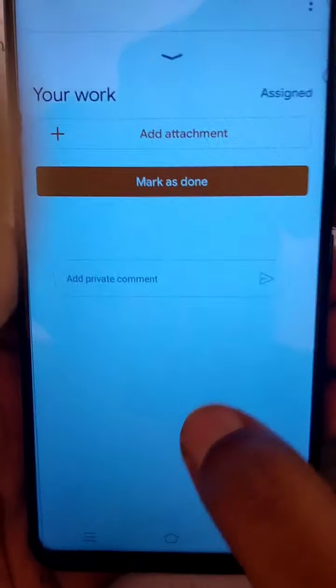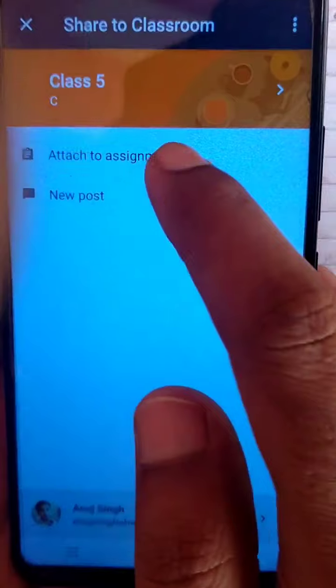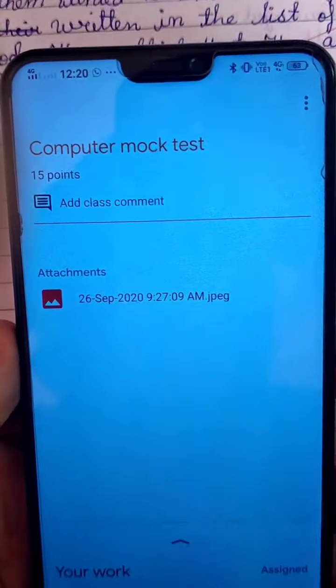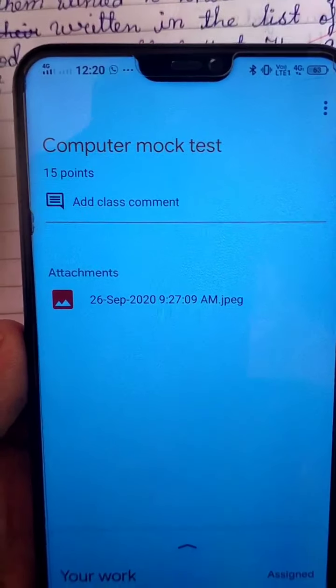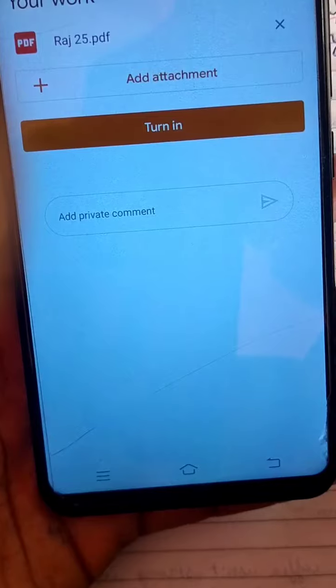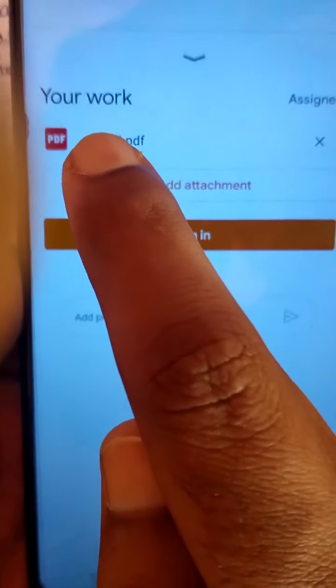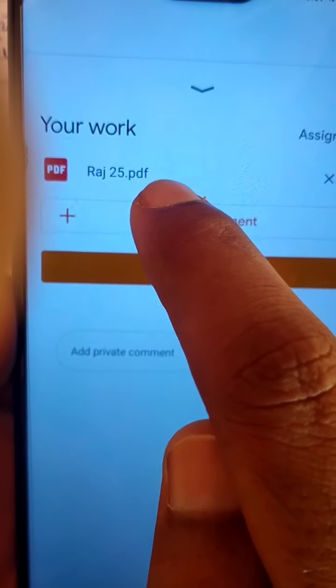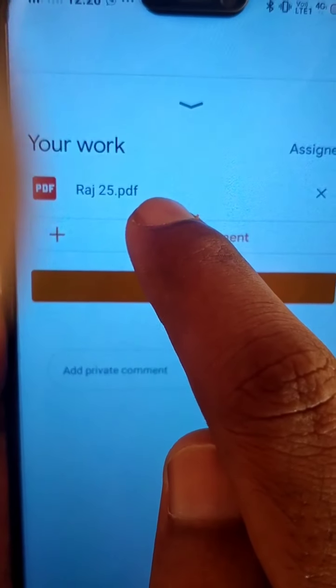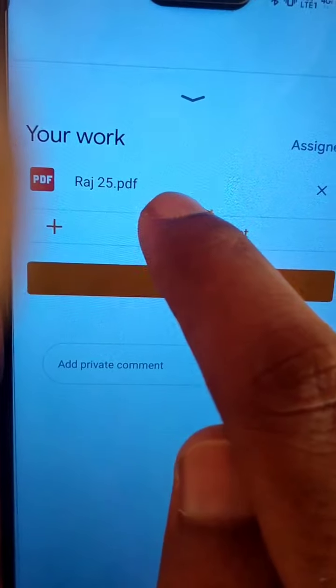Now click on attachment, mock test. Now you can see an arrow sign here. Click on this arrow sign, and you can already see Raj 25. I have saved my PDF file, so it shows that it is uploaded.